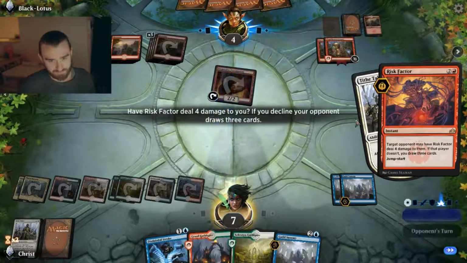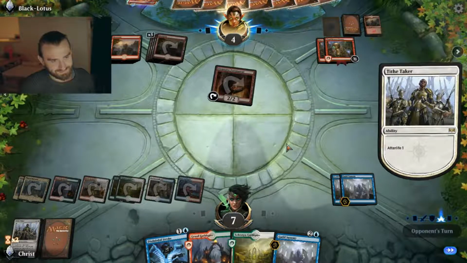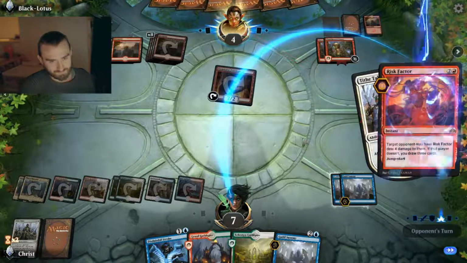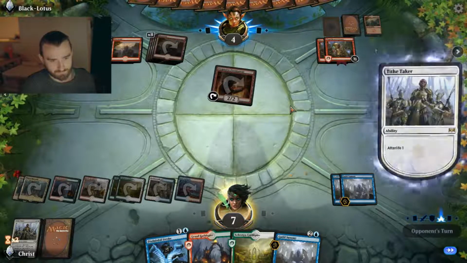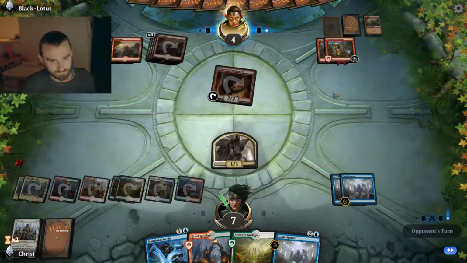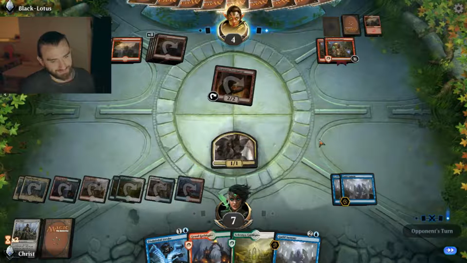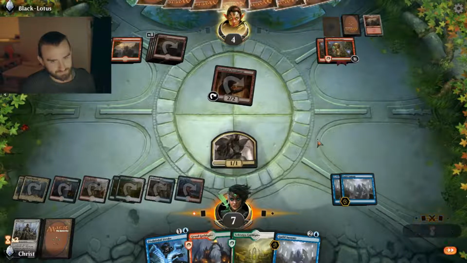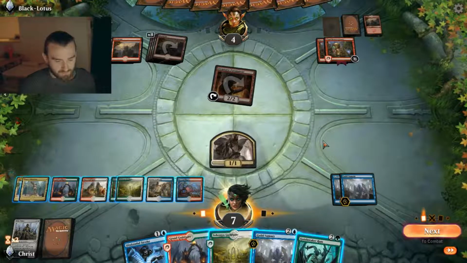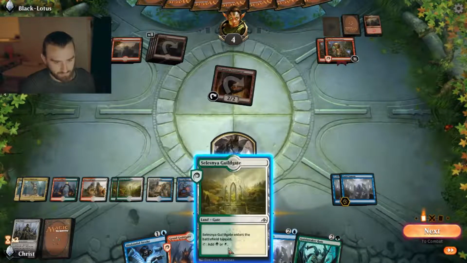Oh, I'm declining. You got Experimental Frenzies out, buddy. Decline. He's got 2 Experimental Frenzies. It's going to cost him 8 if he wants to do something here. Okay, now we really need life gain. Do we play another? No, I think we just...